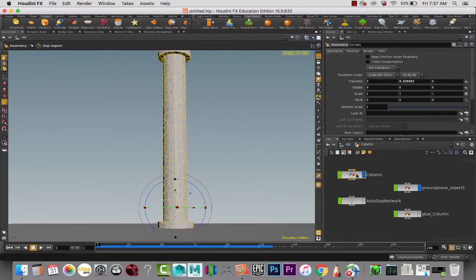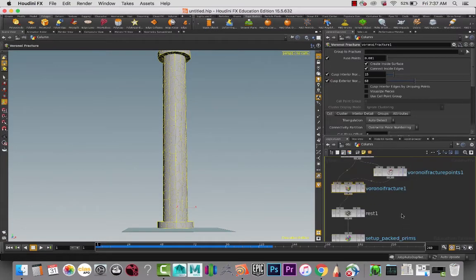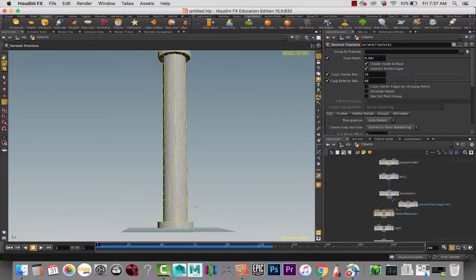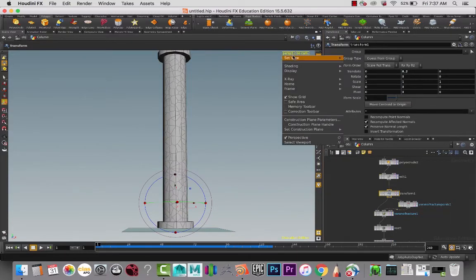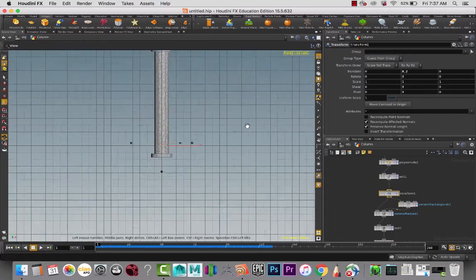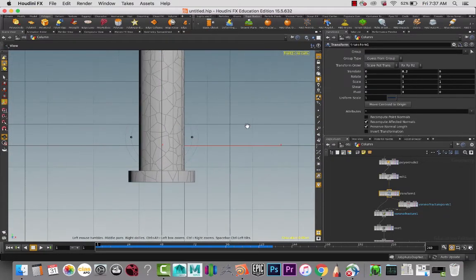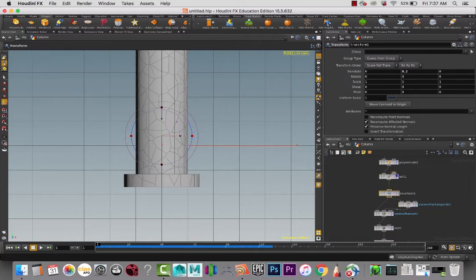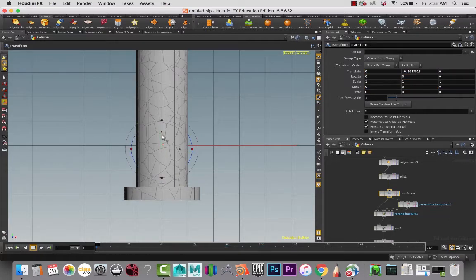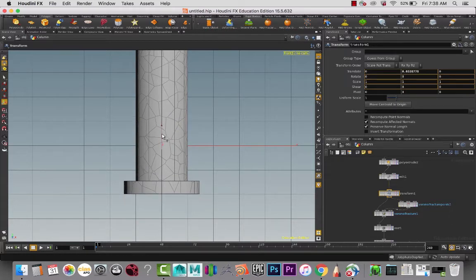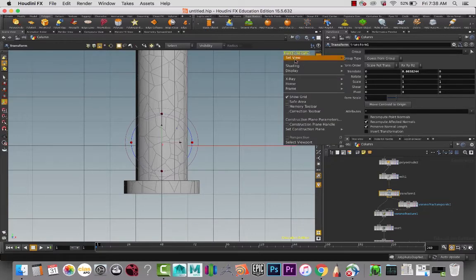So let's go back into our column, and I have a transform node, and let's go on to the front view so that we can, in this transform node, adjust the height just right. So it's too much. Bring that there. So I'm going to go back to the perspective view